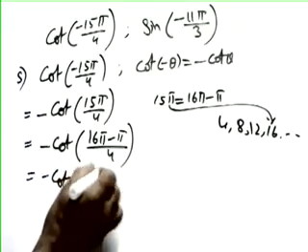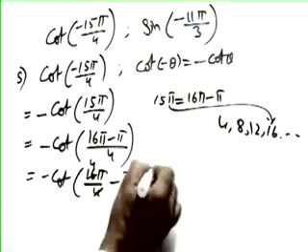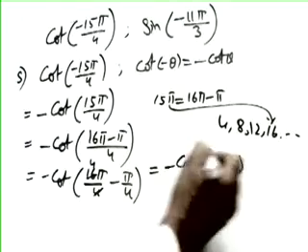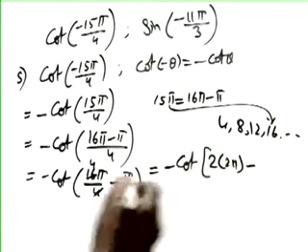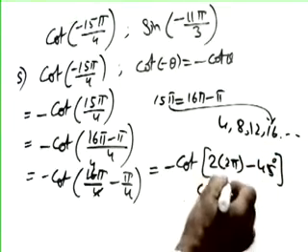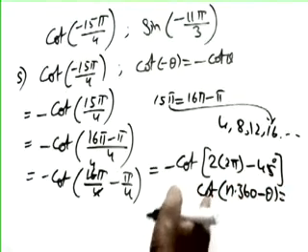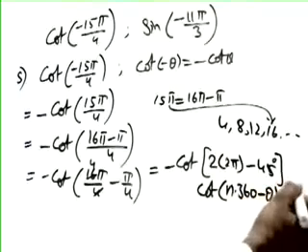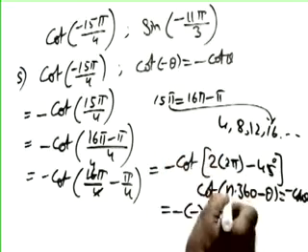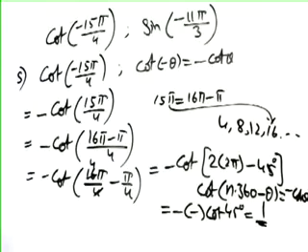So I am changing like this: minus cot of 16 pi by 4 minus pi by 4. 4 fours are 16, so we can write minus cot of 4 pi minus pi by 4. This 4 pi can be written as 2 into 2 pi, and pi by 4 I am writing as 45 degrees. So this is of the form cot of n into 360 minus theta. This is the fourth quadrant, where cot is minus, so cot of n into 360 minus theta is minus cot theta. So minus, again minus cot, and theta here is 45 degrees. Minus 1 is plus, and cot 45 is 1.